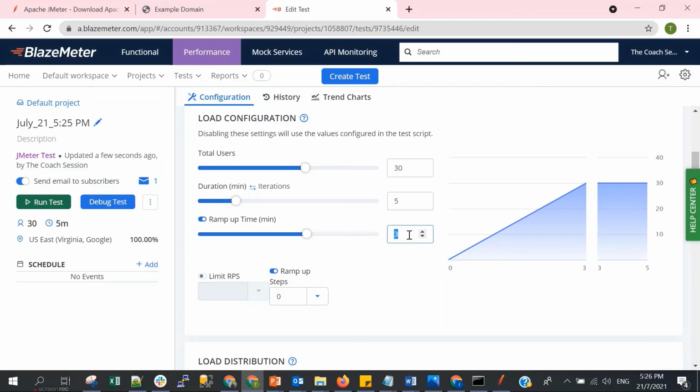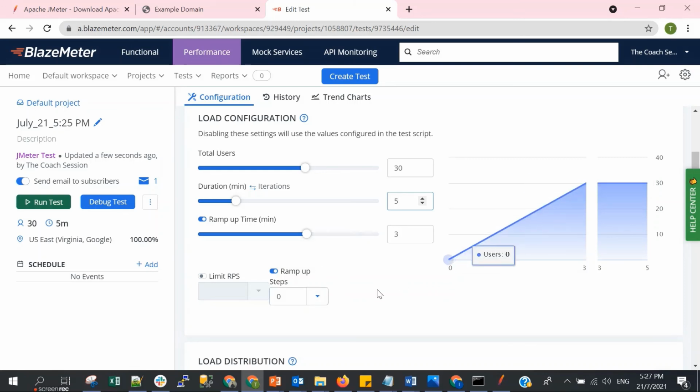So in 3 minutes we will reach from the first user until the 30th user, and then after 3 minutes, because we put the whole duration as 5 minutes, you can see in the graph from the 3rd minute until the 5th minute, it is just waiting. It is because only after 3 minutes we reach our 30 users. So from the first minute until the 3rd minute, it is ramp-up, the users increase until 30, and then the remaining 2 minutes is just waiting time.